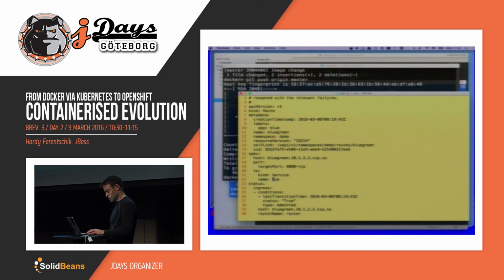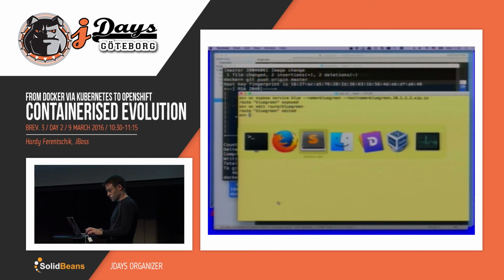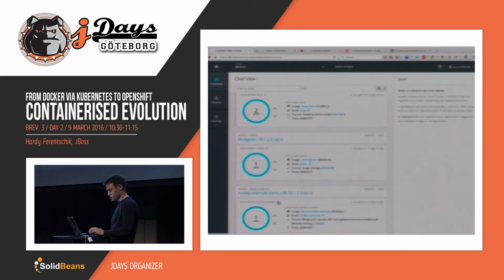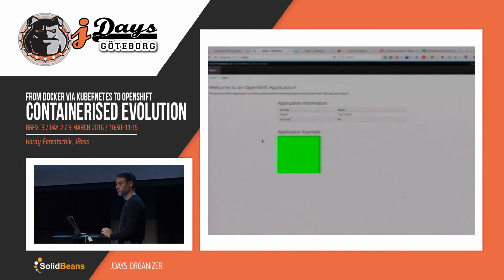So if I go here and change that to green, this should also reflect instantly. So now you see already the route has changed to green. So if I click here, I should get a green rectangle, hopefully.